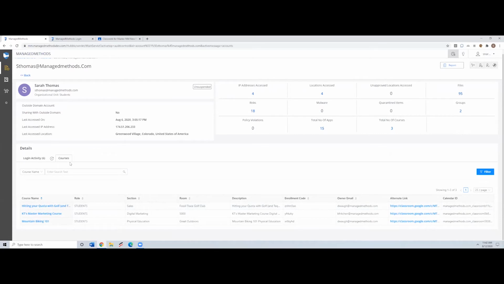So I can look at all the courses that a student or a teacher is enrolled into and look at them, right? So that is a very high level, the classroom management, right? You can look at it from all the classrooms in your environment, who the owners are, transfer the ownership, add co-teachers, etc. And also review from a student perspective or a teacher perspective, all the classrooms that they belong to.